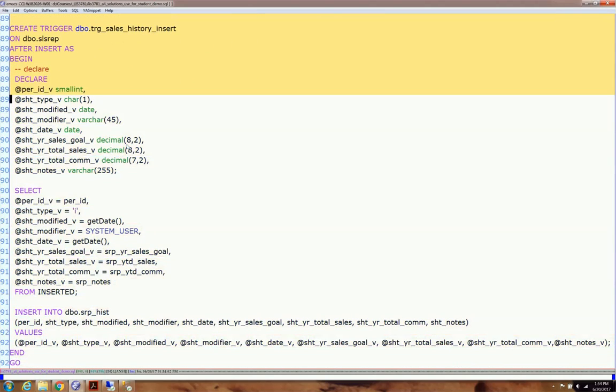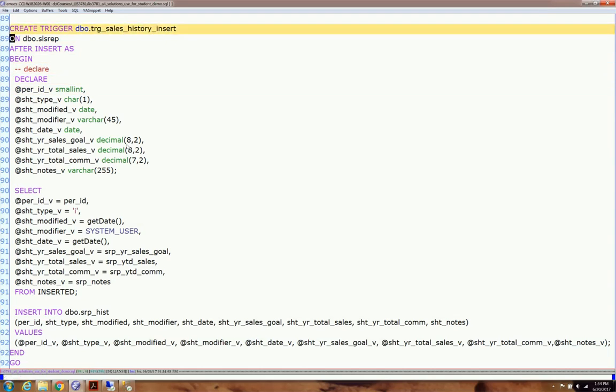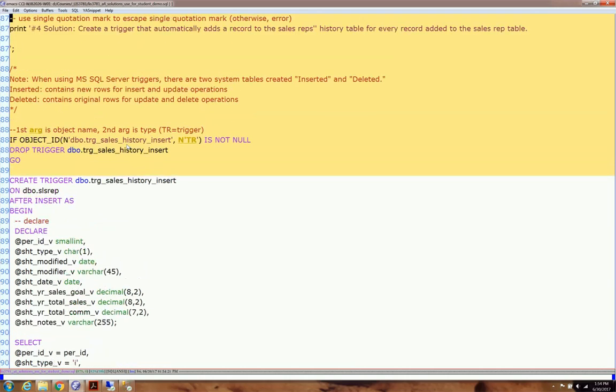First of all, here's the create statement. Create trigger, name the trigger, on sales rep. So the trigger is going to be on sales rep. And after an insert, what we have to do here is declare some variables. And the reason why I have to declare these variables is because of this. Unlike MySQL, or I should say similar to MySQL, where you could use the new keyword and the old keyword,